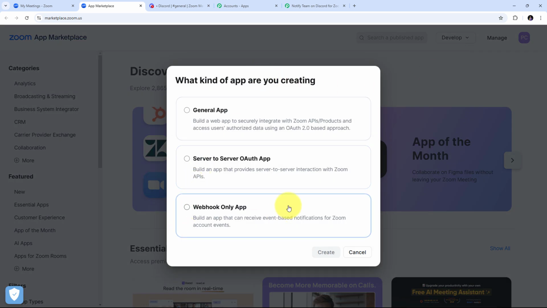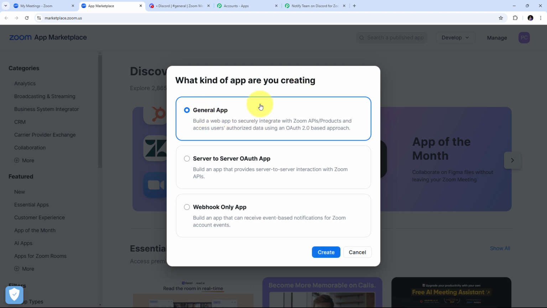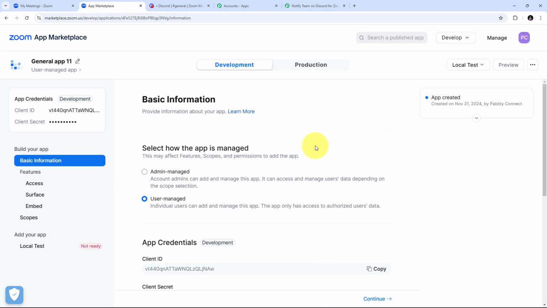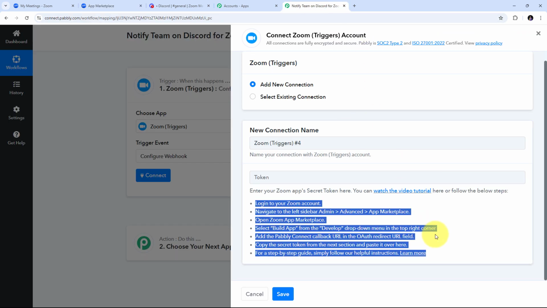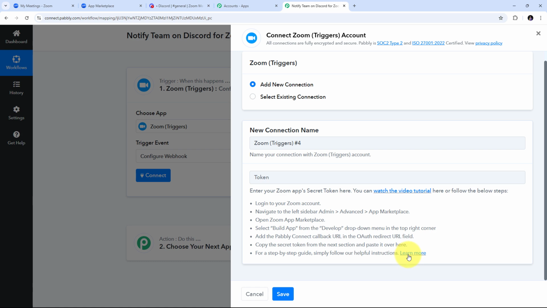Now first I need to select which kind of app we need to create. So we need to select General App here, and I'm going to click on Create. Now here I'm going to scroll down, and here we need to first give the OAuth information, and here we need the OAuth redirect URL. So how are we going to get this detail and this redirect URL? For this, we need to go back to Pabbly Connect, and here we need to use this particular hyperlink by clicking on this Learn More button,